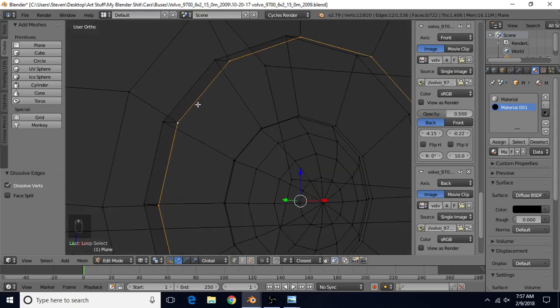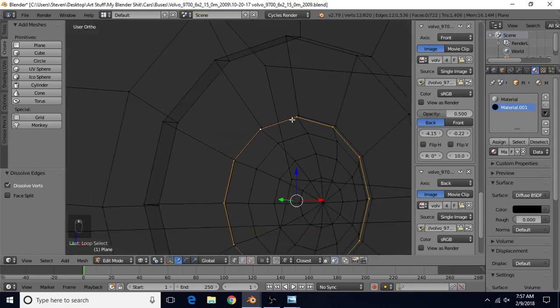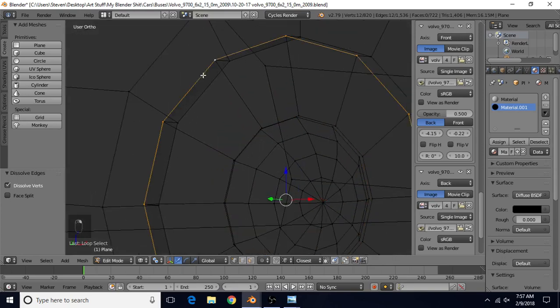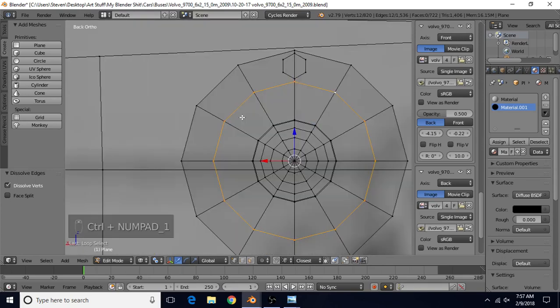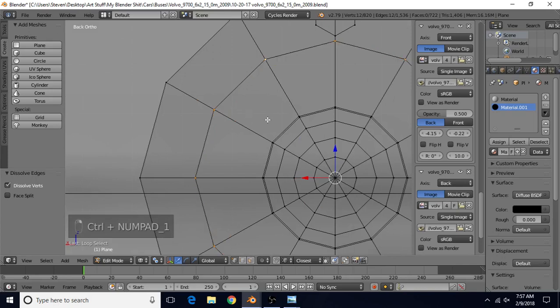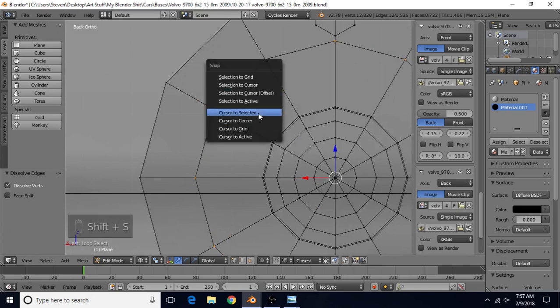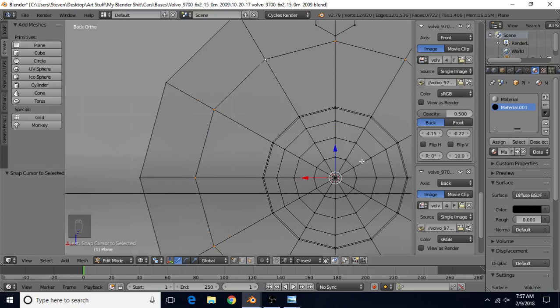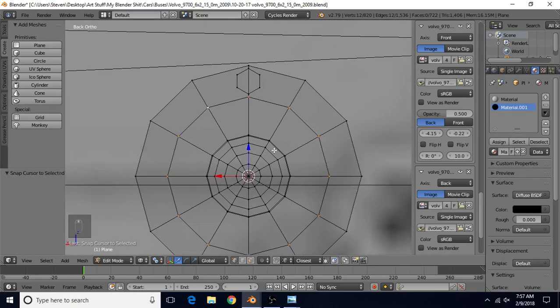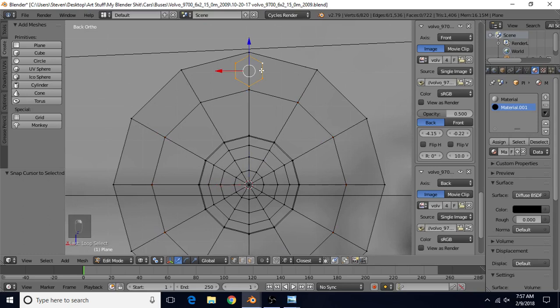Yeah, that one should be fine, but really you can just Alt right click on any of these rings that go around and it should be totally fine. So I'll just do Control 1, we'll do it the way we did it, just Alt right click, Shift S, cursor to selected. That's going to put the cursor exactly in the center of this object. Alt right click here, change this to 3D cursor,